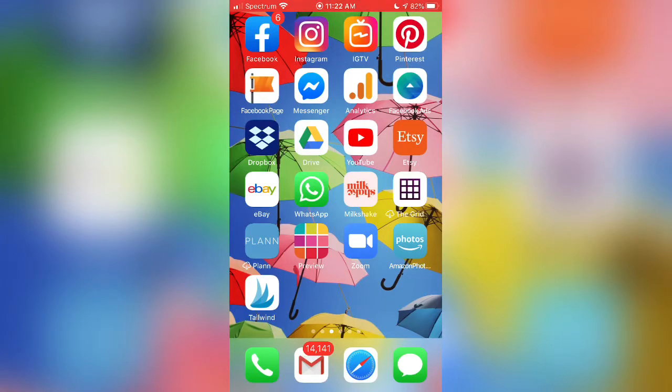Okay, so let's talk about how to create an IGTV video. What you'll need to do first is download the IGTV app, which looks like the one at the top, third from the left. Once you've downloaded that and connected it to your Instagram account, you'll click on the IGTV app